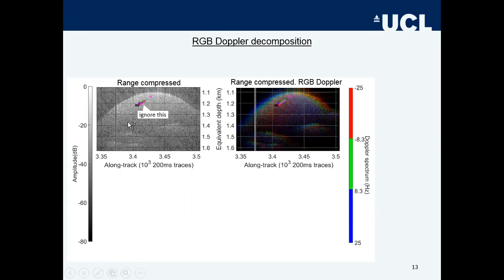So we have the radar data and we have this envelope corresponding to a channel, and please don't pay attention to this. These are points from other work. So forget about this, just pay attention to this profile. And as I said before, we can apply this Doppler decomposition not only to the final stage of the SAR processing, but also to the range compression step. And we can see here how these Doppler frequencies are